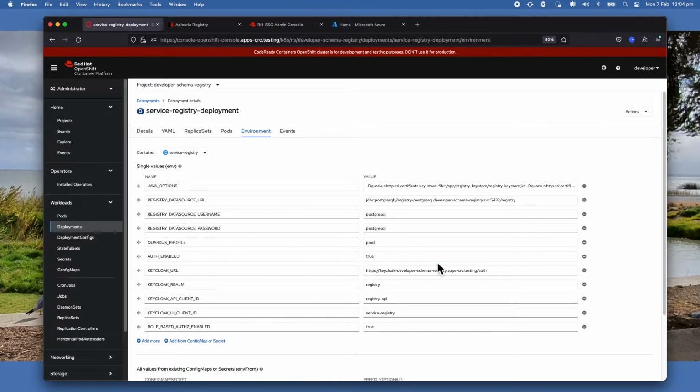The Quarkus profile is production, and auth enable, authentication enable, is set to true. And the Keycloak URL is this one here, the Keycloak /auth. So basically what this does is when you first access the UI, it will make use of this Keycloak URL to redirect to Keycloak, so that Keycloak can do the authentication, and then redirect back to your registry UI. And you can see that I also included the Keycloak realm, which is registry,